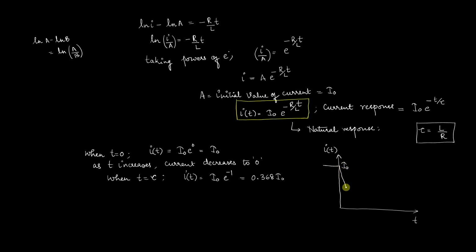So as the time increases, the current decreases to 0, and at a value of time equal to tau, I get it as equal to